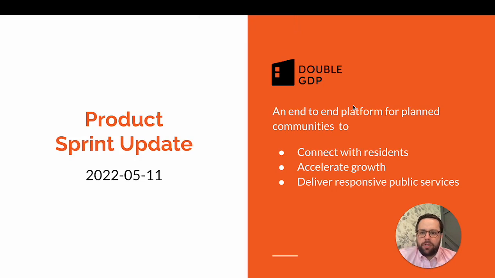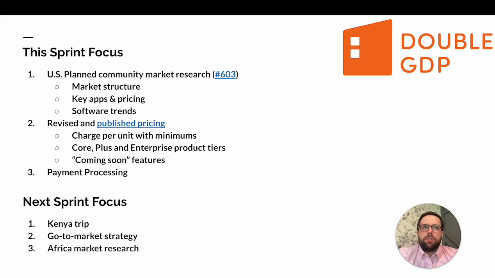Hi, I'm Craig Simino, Head of Product for Double GDP, and this is my product sprint update for May 11th, 2022. This sprint, the vast majority of my time was spent on US planned community market research, so just deepening